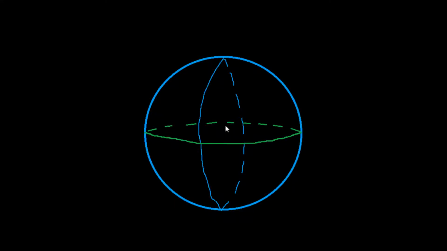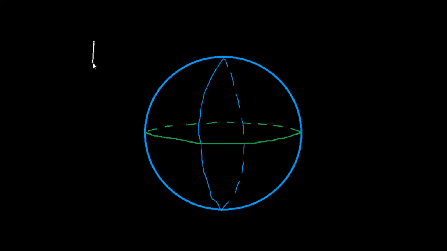Today we're going to talk about our planet Earth and how we determine where we are on planet Earth. I've pre-drawn here our blue planet. In green I have pre-drawn our equator, and then I have pre-drawn these two blue lines here, which I'll explain a little later, which also help us show that the Earth is more like a sphere and not just a circle. We're now going to draw what is called a compass rose,